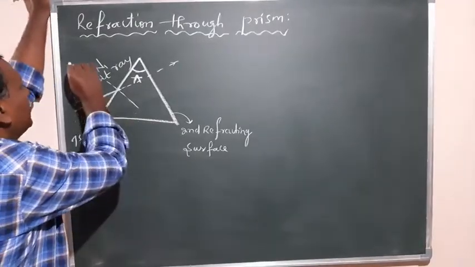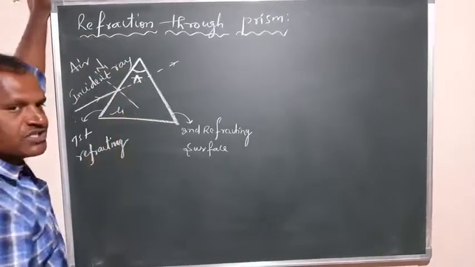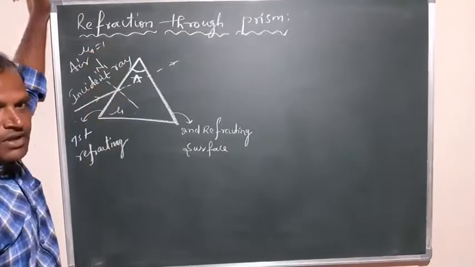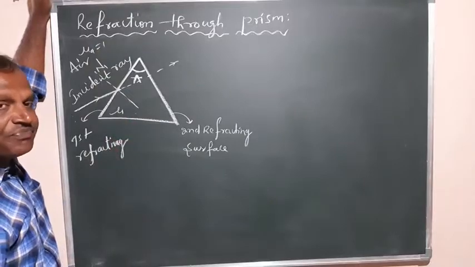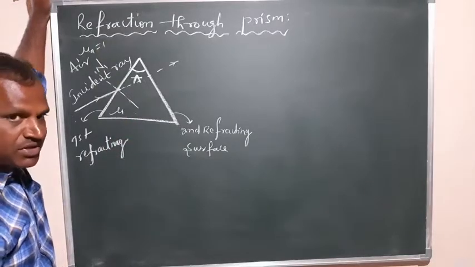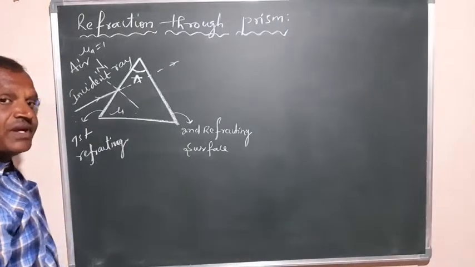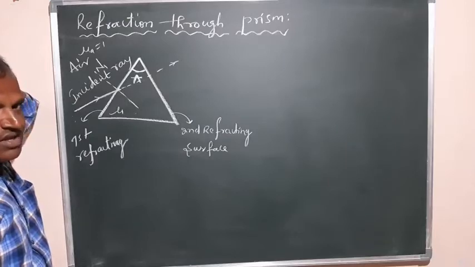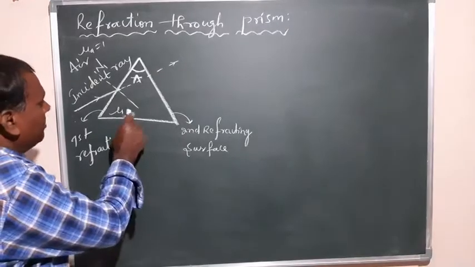Let it be air medium. If you take this as a glass medium, having the refractive index mu. Air medium is having the refractive index equal to 1. So this glass material will be having the refractive index more than 1. It is 1.5 or 1.6. It depends upon the glass. Crown or flint glasses. Crown glass is having 1.5. Flint glass is having the refractive index 1.6. But generally it is more than 1. So this is the denser medium. It is a rarer medium.